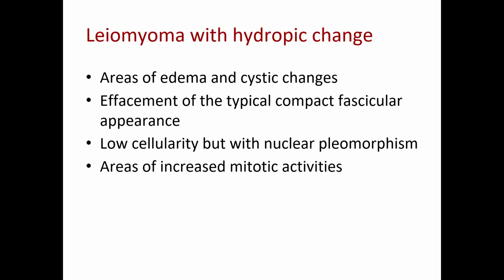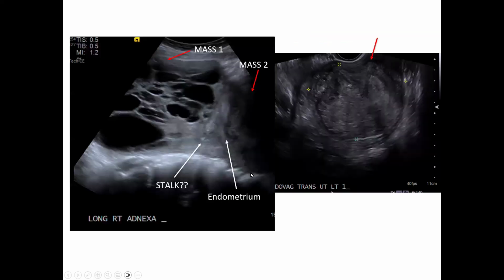Sometimes when there is hydropic degeneration, you start to see areas of edema, cystic changes, effacement of the classic compact fascicular appearance that you are used to, and therefore you get areas of lower cellularity. But the problem with that is that you start to see mitotic figures, and then now you start to worry. If you have a good colleague in imaging, they will tell you that they see cystic changes, so